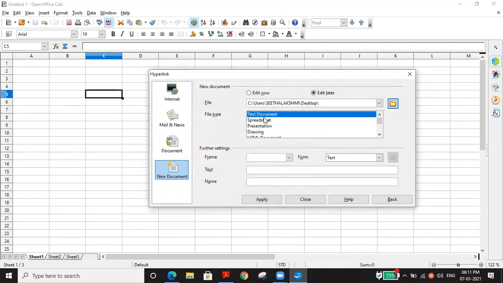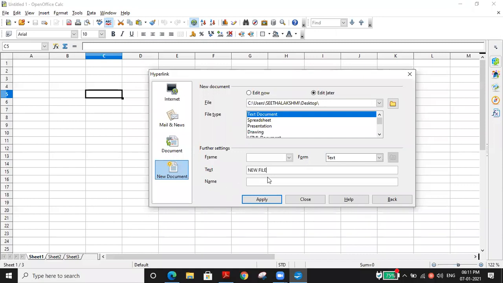Okay, so for a text file, I'm going to create a text document, that I have selected. For frame, you don't need to select anything, it will just be blank, and then there is text or button. Okay, two things are there. So first I will do it with the text for your understanding. Just select the text option and type which text you want to show, for example, new file.